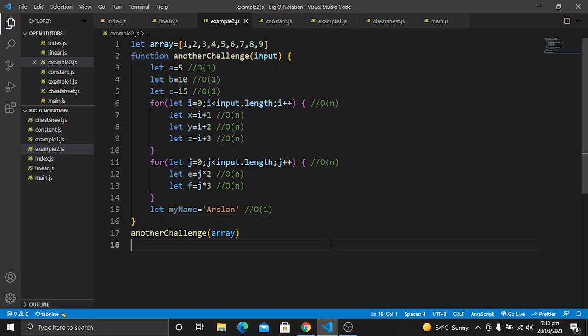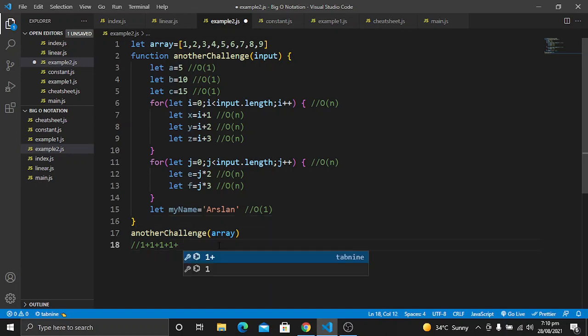Now let's calculate the big O of this function. Let's say 1, we have 1 2 3 4, so we have 4 times 1, and n is 1 2 3 4 5 6 7.